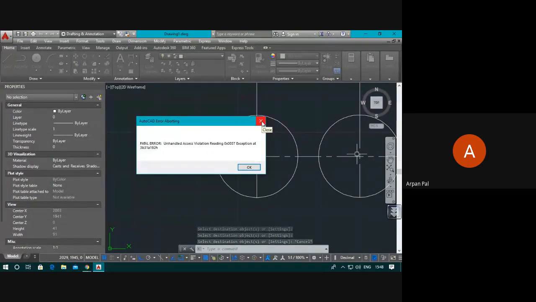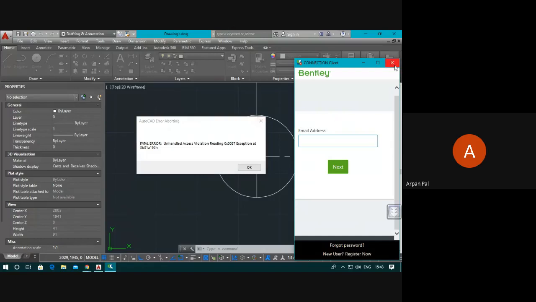My God, there is a software crash, so probably this drawing will be closed this time. So no problem. I am telling you for learning purposes. Okay.